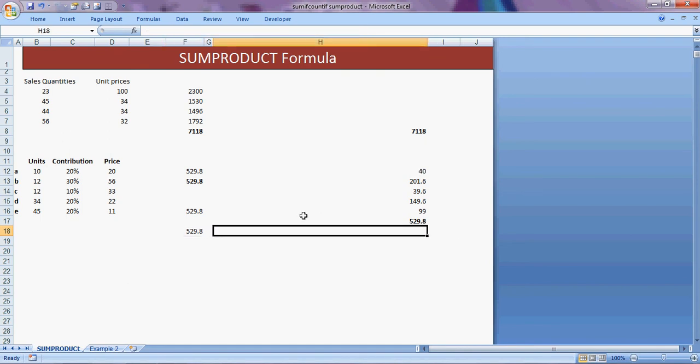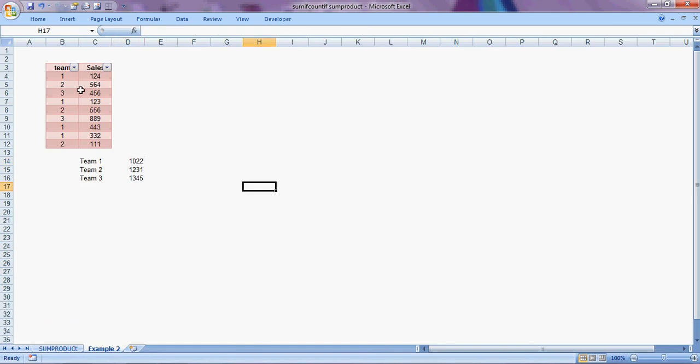Now we'll do one more very simple example. Suppose there are various members who belong to a particular team. There are basically three teams: team 1, team 2, team 3. This member belongs to team 1, this belongs to team 1, this belongs to team 1, and this belongs to team 1.